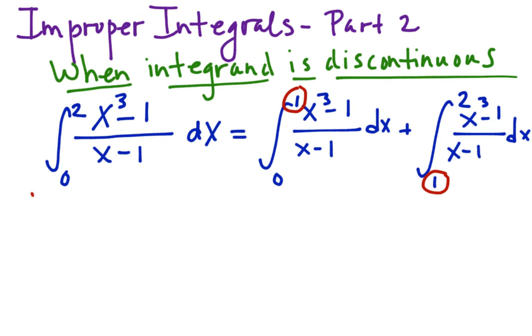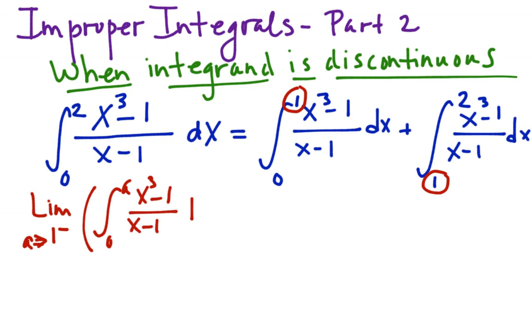So I'm going to say the limit as a, let's call it a, approaches 1 from the left of the integral from 0 to a of x cubed minus 1 all over x minus 1 dx